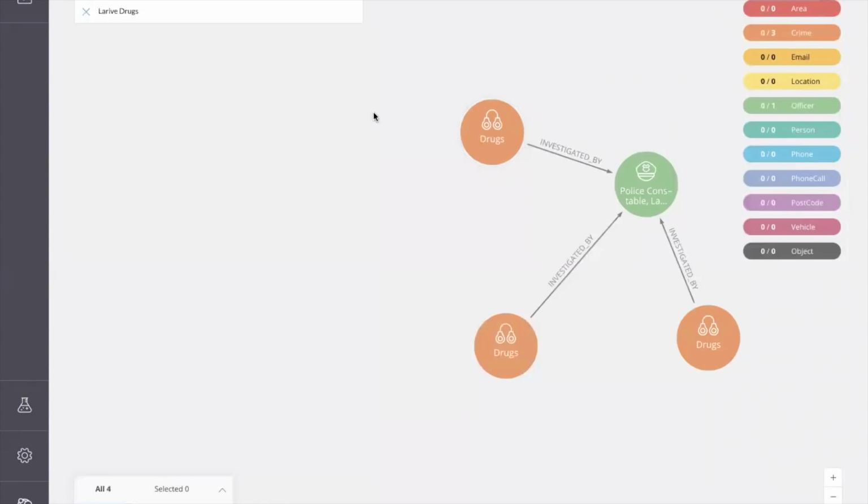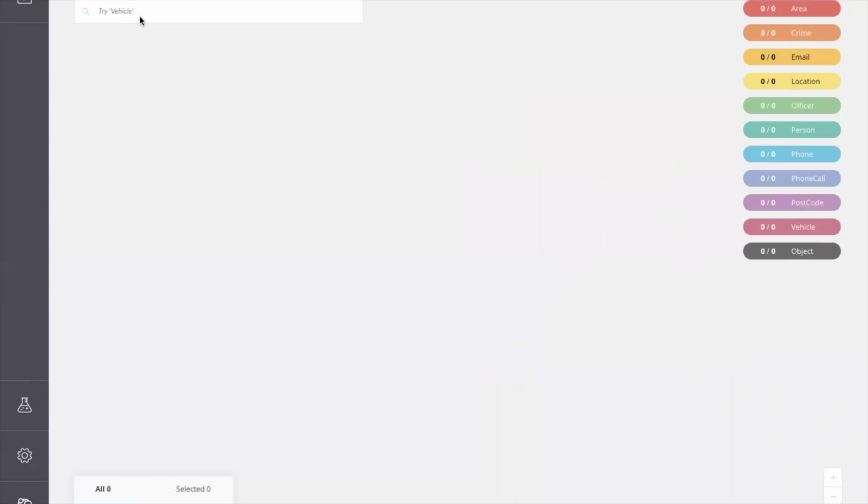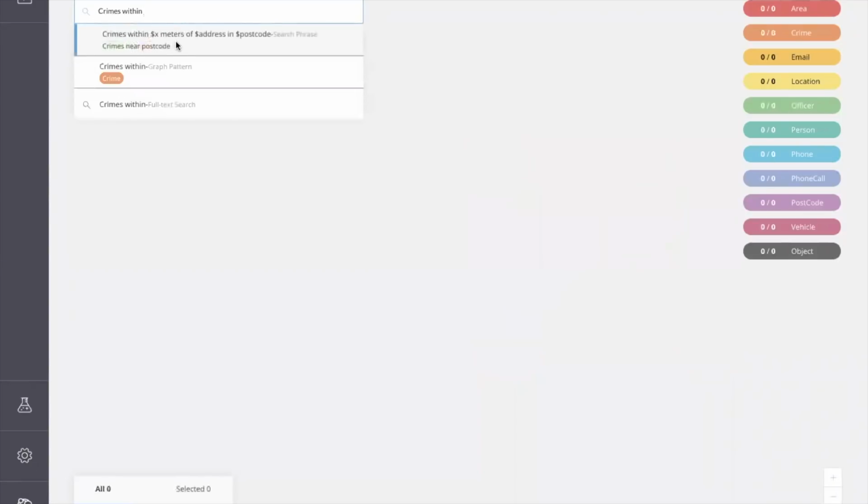It doesn't use NLP, but it is a very natural language-based interface for working with the graph. You can even represent some more complex queries. So for example, where we looked at crimes within a certain distance of Coronation Street, we can do that same thing here. Crimes within 500 meters of 1 Coronation Street. We get the same sort of autocomplete, so 1 Coronation Street and M3